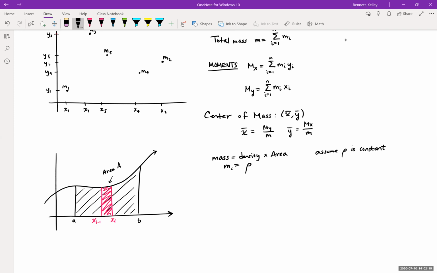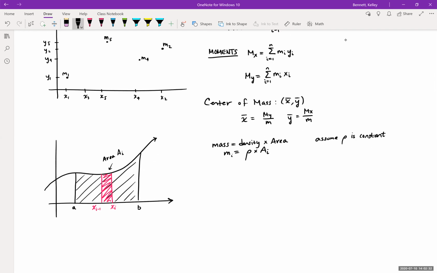And the area is just some small sliver, right? So this is rho times that little rectangular area, which we're going to call A sub i. So it represents the area in the ith partition. The area of this is really straightforward. If this is our function f of x, then we can just take a representative height. Let's say we take the midpoint, for example. So if I take the midpoint straight through this, then I can estimate this area